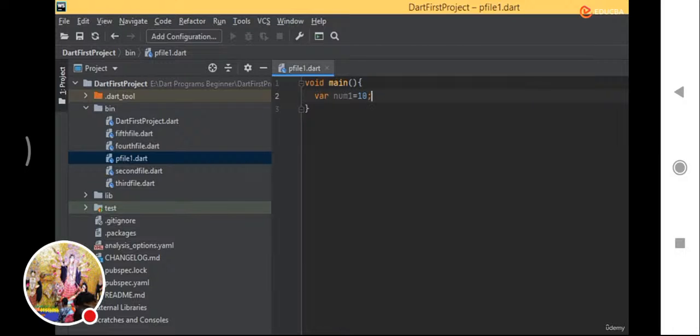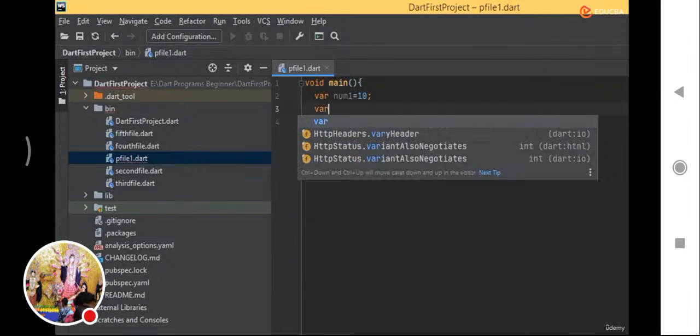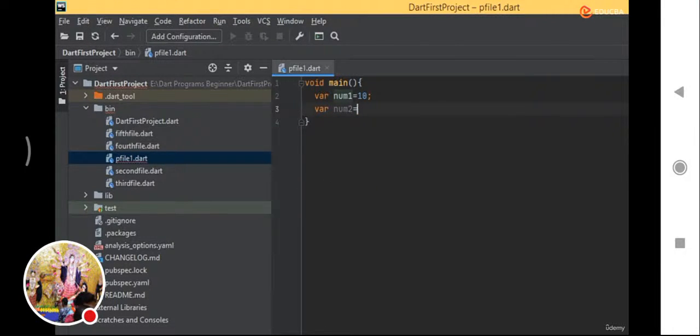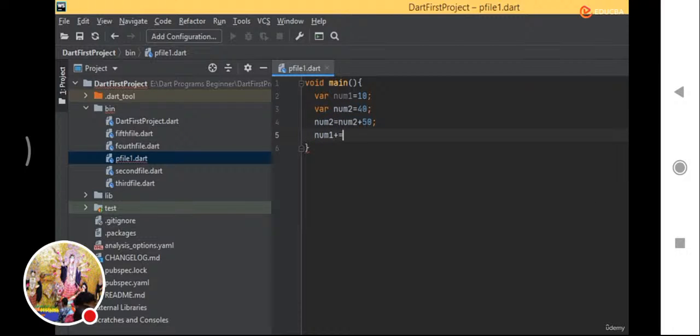But apart from the simple equal to sign, we also have various kinds of assignment operators, and those are, for instance, we create another variable and here we give num2 is equal to 40, and we say num2 is equal to num2 plus 50. So what are we doing here? We are trying to assign 40 plus 50 in the same variable num2. Now the same equation over here could be written as num2 plus is equal to 50, which means that this equation is equal to